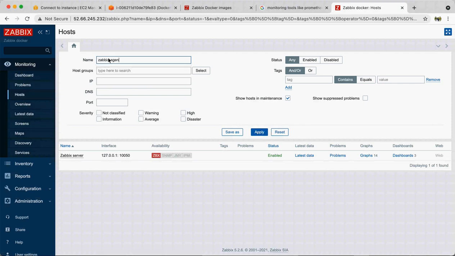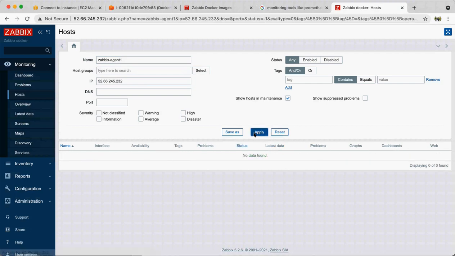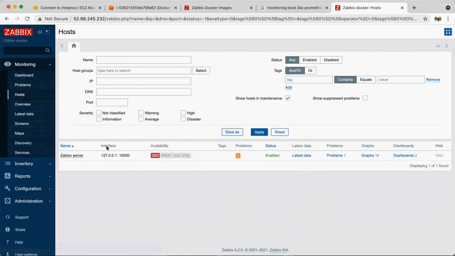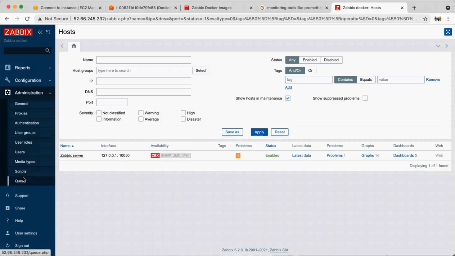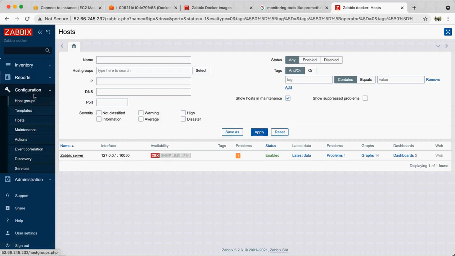Zabbix agent 1. If you want to give a group, that is also okay, but here you have to give the IP address, and that's all, I guess. Oh sorry, my mistake, this is just a viewing part. For configuring it, you have to go to host configuration.